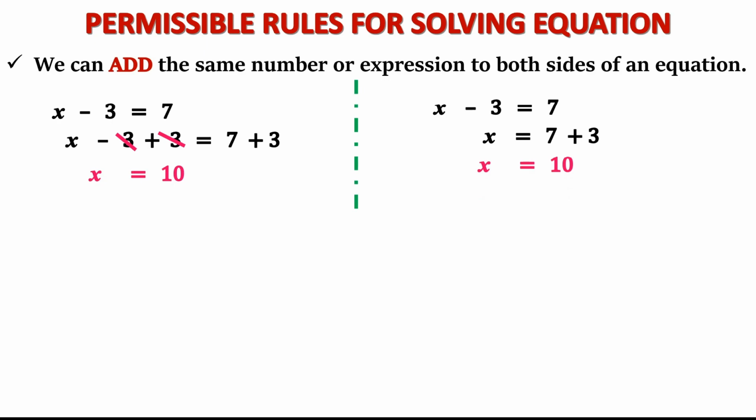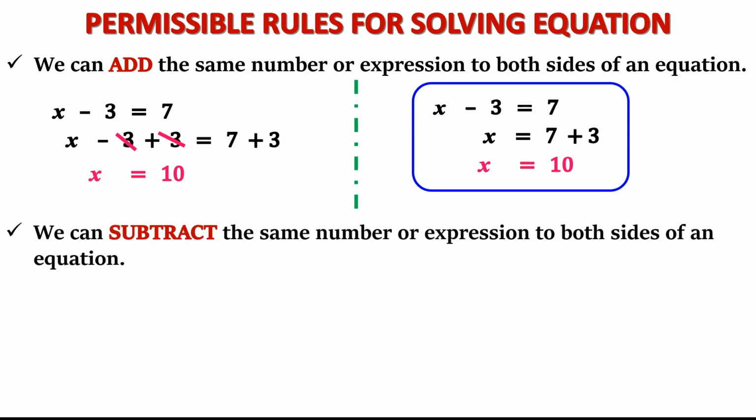You can solve an equation this way also, and I recommend to solve in this way. Instead of introducing and cancelling, it is wastage of time. You should commit it to your memory that a thing which is getting subtracted will go to the other side, or better to say it is transposed to the other side with change in sign. So if minus 3 goes that side, it will become plus 3, and here because I have removed minus 3 from the left hand side, I am left only with x, but this minus 3 goes the other side and becomes plus 3, and here I have the value of x as 10.